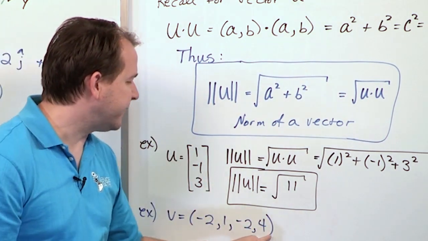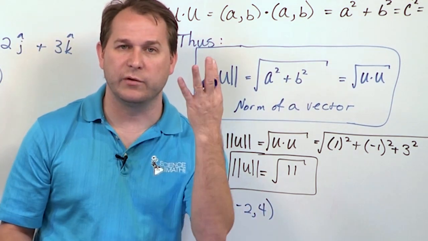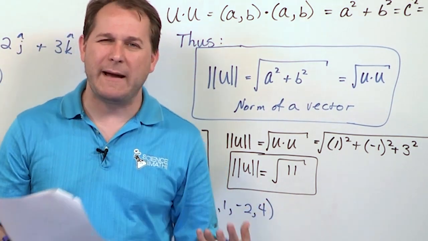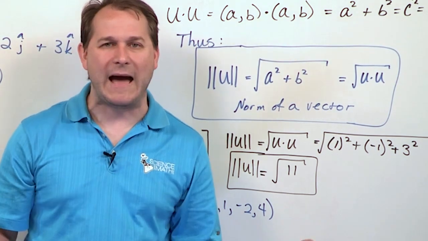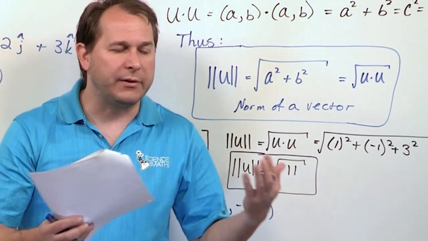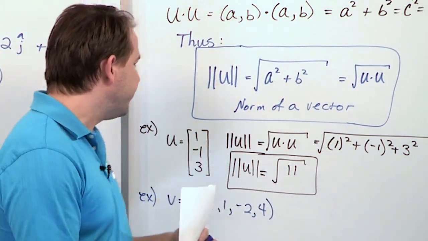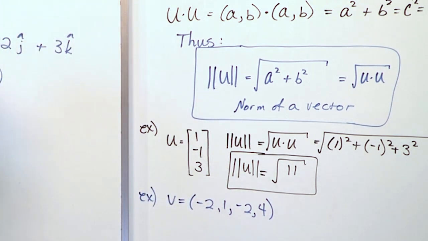What is four-dimensional space? Your guess is as good as mine. You could use this as a space-time. This could be x, y, z, and time, for instance. That's four-dimensional space that we live in. But really, mathematically, it doesn't really matter. You can still calculate the length of this vector in 4 dimensions. You're just applying the same thing and extending that definition to all of the components. So if you want to find the length of that vector,